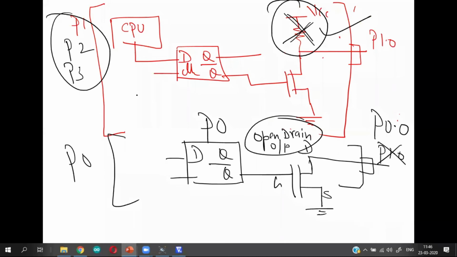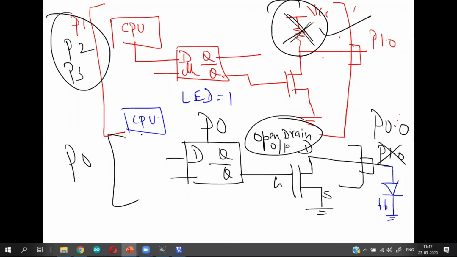Now, in what way will it affect you while using parallel port 0? Let us say I am using one LED here. In port 0.0, I connected an LED. I am using this statement, LED equal to 1.